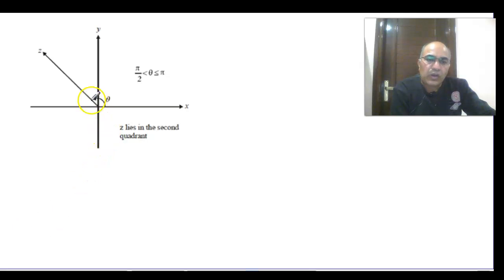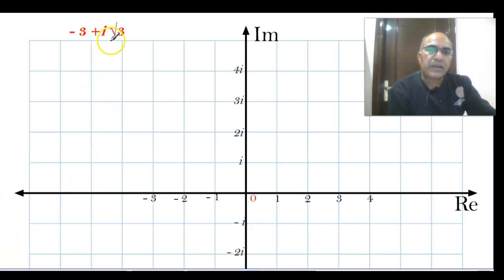Now if the complex number lies in the second quadrant, then our argument of z is this angle, and its value is between pi by 2 to pi. Let us take an example. Minus 3 plus iota root 3. The complex number minus 3 plus iota root 3 is somewhere at this point,